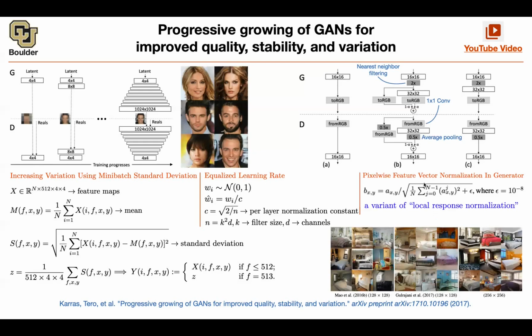The other thing that is really important is this local response normalization. Now you're starting to see that we are going beyond batch normalization, layer normalization, group normalization. We are introducing new normalization techniques just for GANs. And this is one of them, local response normalization, and then you can have different loss functions. So this paper was about the architecture and the training process. And from this point on, usually a good technique that you're going to know about and perhaps use in your research is going to be progressive growing